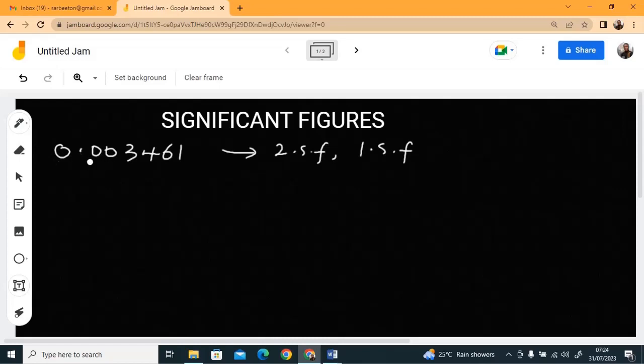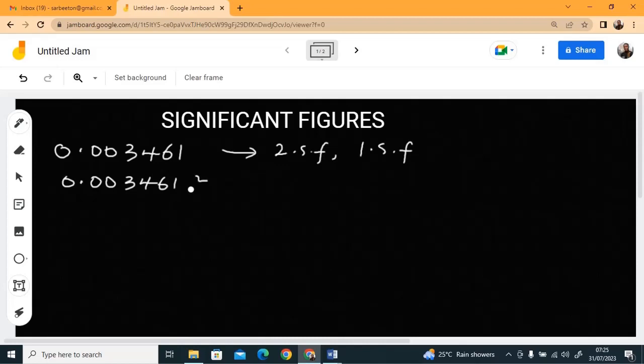But normally, students will say, okay, this is 0. You now start counting here. This is 1, this is 2. But if these 0s are leading 0s, they are not counted. But that does not mean you are not going to write them. You will write them, but you don't start your counting from this leading 0. So what you are going to do for 2 significant, you have 0. This is the question you are given,